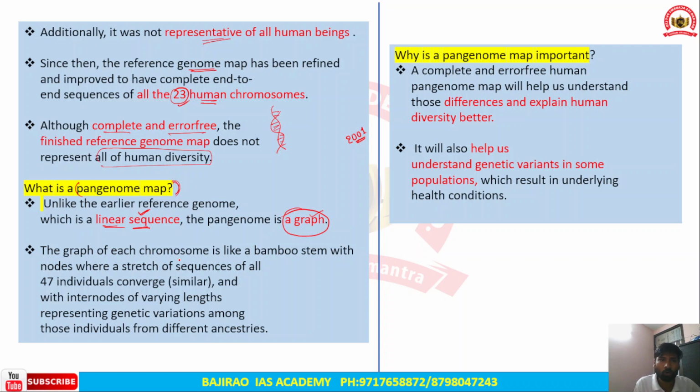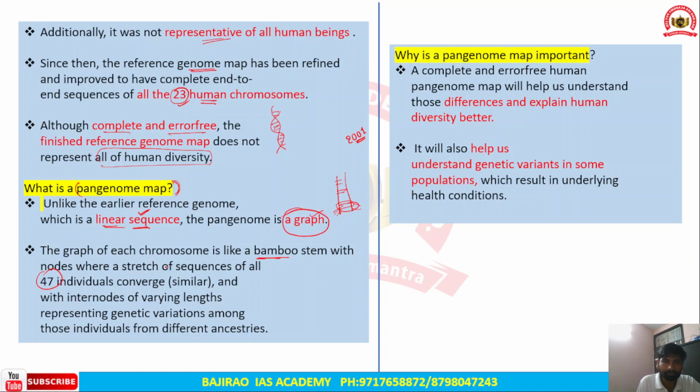Okay, so the graph of each chromosome is like a bamboo stem. Now with the nodes, these are the nodes where a stretch of sequences of all 42 individuals converge at similar locations. Okay, so the stretch of the sequences will converge at a different sequence at different